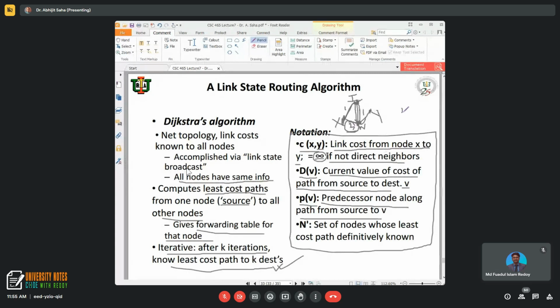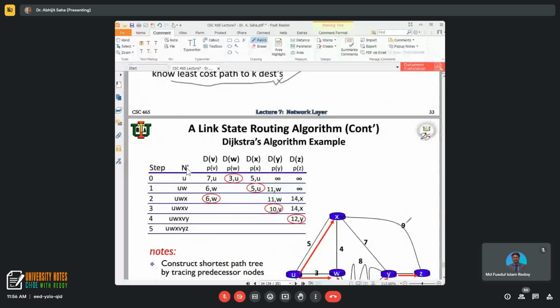So when it is keeping that in the table, the cost is 3, the predecessor node is x. When it is going to be updated, that time the cost of the path is going to be 2, 1 and 1, and the predecessor node is going to be i, something like that. Okay, and in here, N-bar is the set of nodes whose least cost path is definitively known. Okay, so let's check that. It is going to be very clear